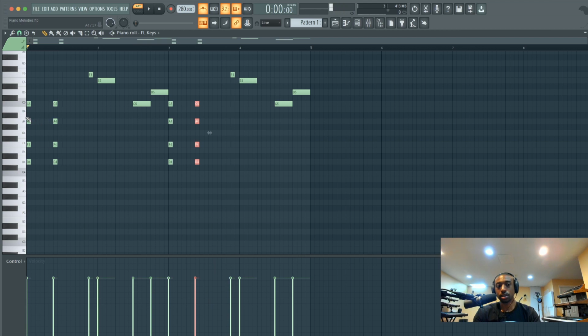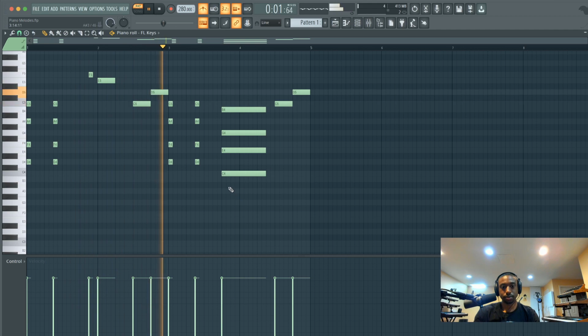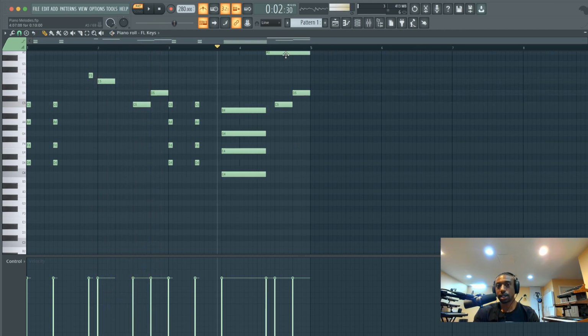So here we need to switch this chord up. I'm gonna just move a little bit quicker. I'm not gonna get into music theory and ease in this video. So we're going to switch this to a different chord type. Let's hear what this sounds like at 140. So let's knock it back to 140. This is interesting because when your more intricate melodies are going with top lines and you slow it down, you really get to appreciate the notes.